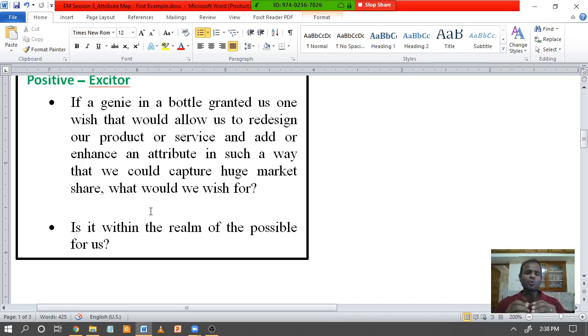Now, this is more of a marketing gimmick. Most of the times, Colgate may add a small element. For example, Colgate may say it is salt enabled. Now, how good is salt to your teeth?